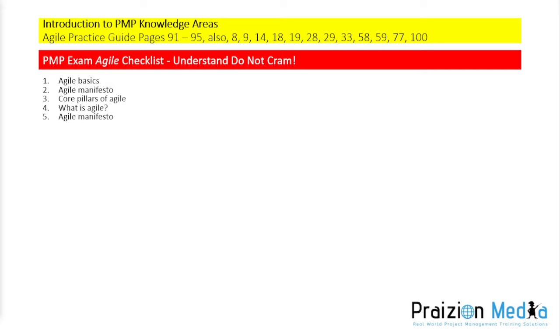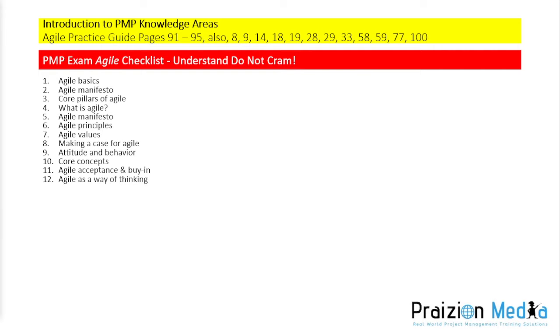What is Agile? What are the principles? What are the values? All of those are very important as well. Making a case for Agile, understanding why Agile in the first place, understanding attitude and behavior, right? Attitude and behavior in the world of Agile, core concepts, Agile acceptance and buy-in, Agile as a way of thinking, understanding how to use it as a way of thinking,